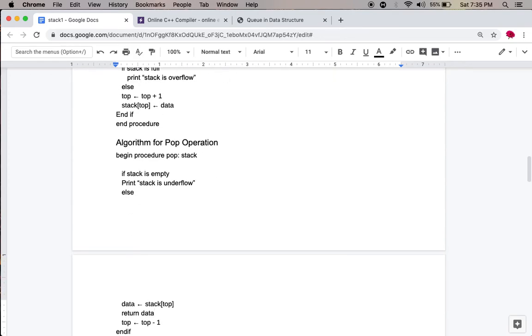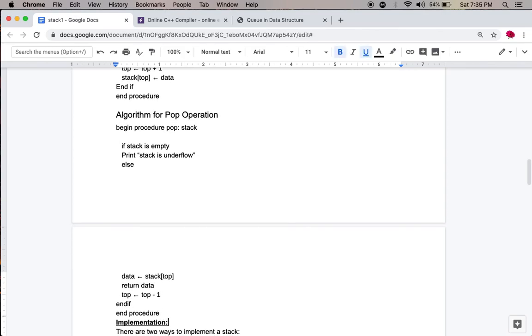Then what is the pop operation? We already know. Here again we write the procedure to perform the pop operation. Here we are taking a stack for deleting the elements from that stack. If the stack is empty, then it prints underflow on the screen.